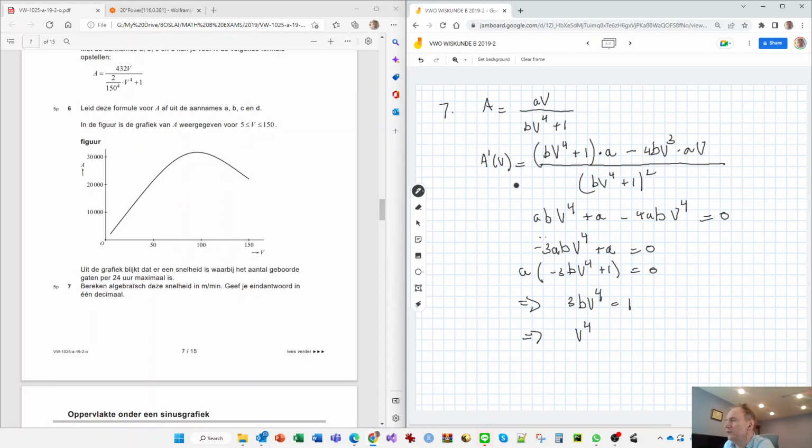So v to the power 4 has to be equal to 1 over 3b. And now we can, so actually it doesn't depend on a at all,